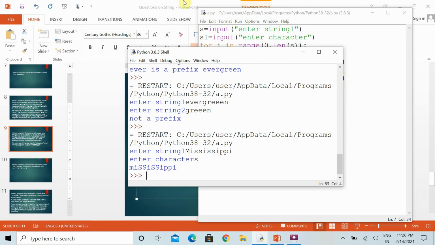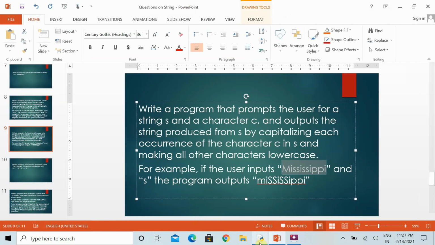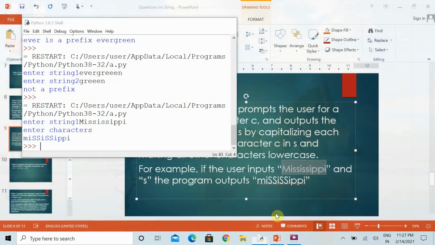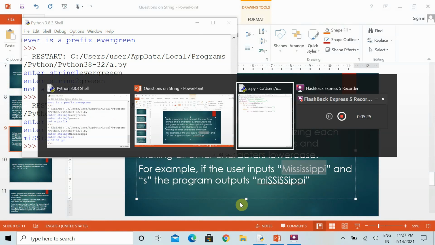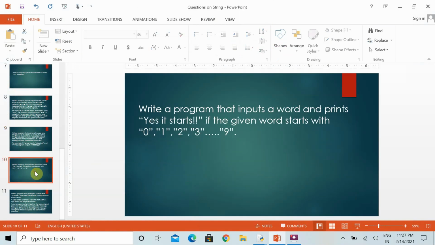Now you can see it has made the output the way it is specified here. I've used the uppercase letter for each and every position. Since we are focusing on each and every position, it's better to use the range function, otherwise it will not show you the result the way it was.